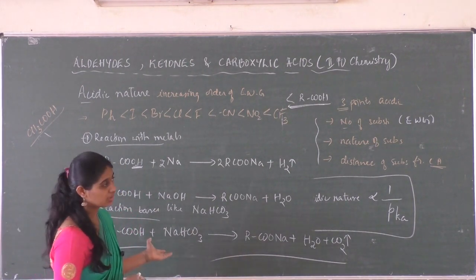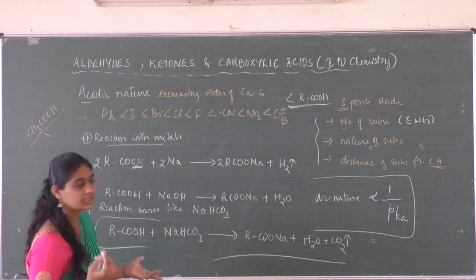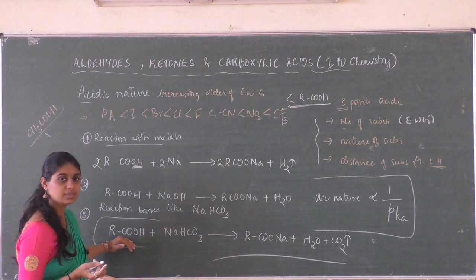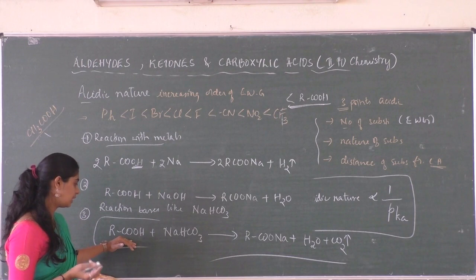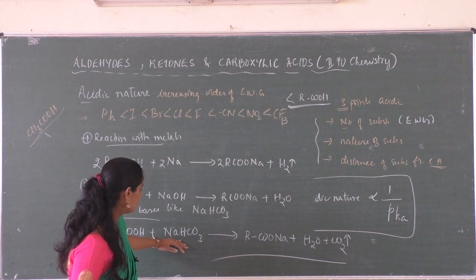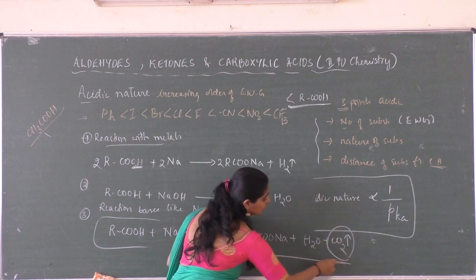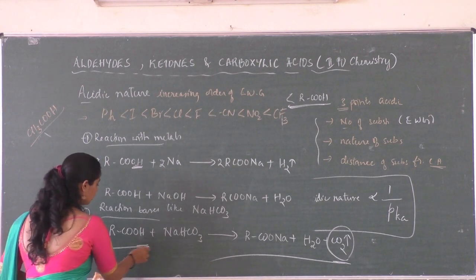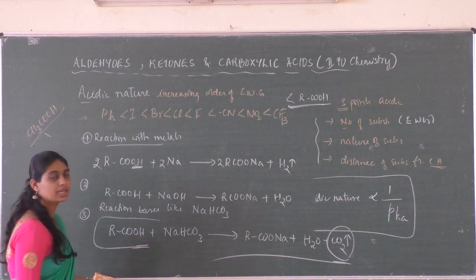You have that same test in the lab also. We are going to detect whether the given sample consists of carboxylic acid as a functional group. If the sample consists of carboxylic acid, then when it is treated with a dilute weak base, that is sodium bicarbonate, it tends to evolve carbon dioxide. That means the given compound consists of a carboxylic acid group. So that is the test for detection of the carboxylic acid group in an organic sample.